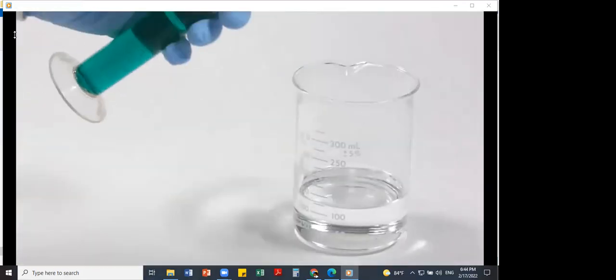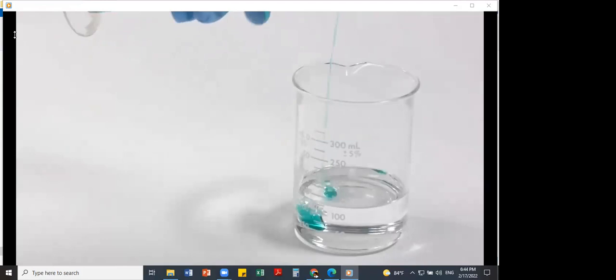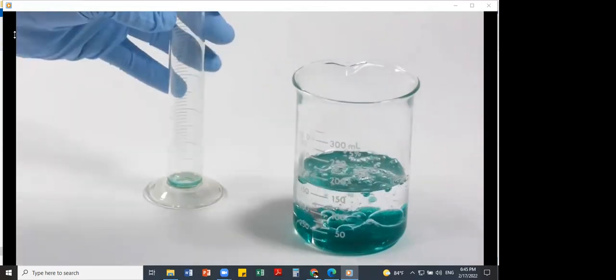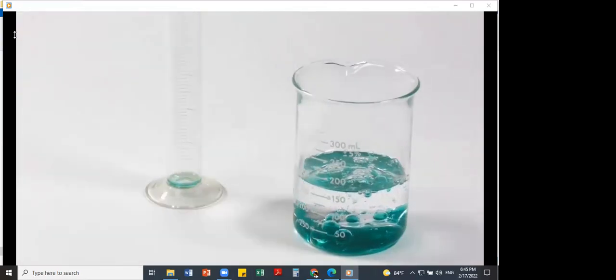One example of a heterogeneous mixture is when we put food coloring in mineral oil. The food coloring remains in the form of droplets that settle to the bottom of the container. The two components are not distributed evenly and make a heterogeneous mixture. There are many different kinds of